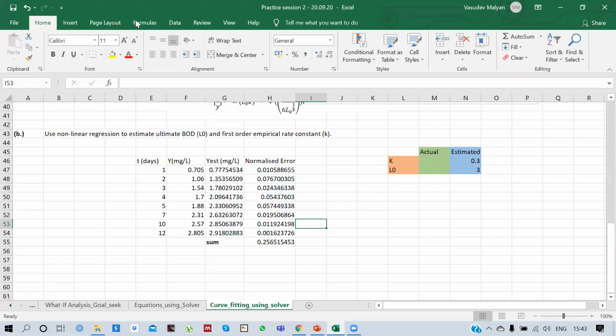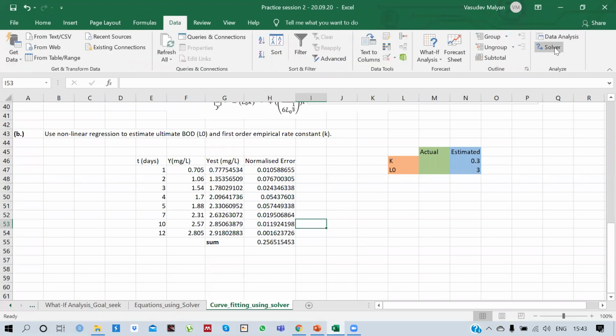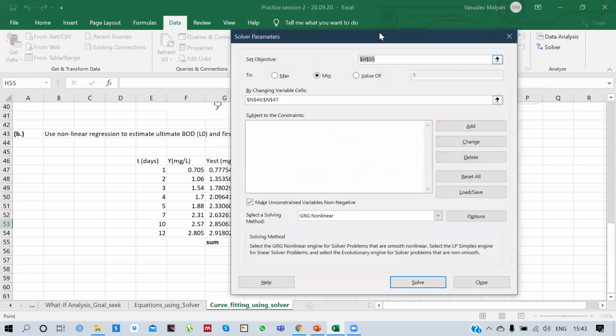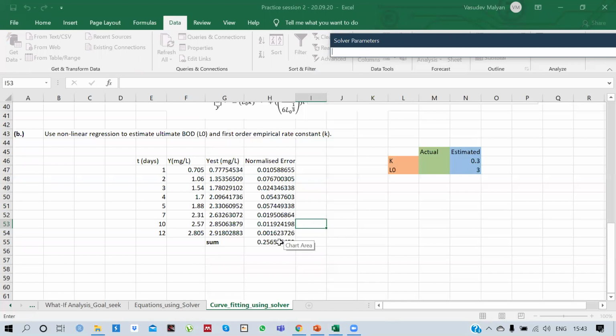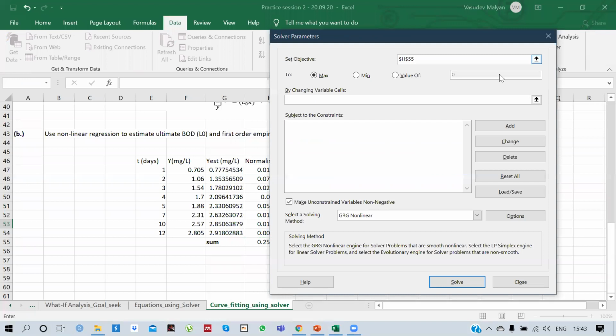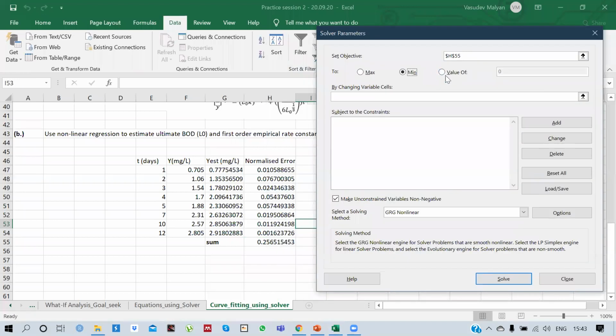So we go to the data, we go to solver, and we first reset it, and then we set our objective: we take this cell, the summation of normalized error, and we are going to minimize it. Our goal is to minimize it, not setting it to 0.